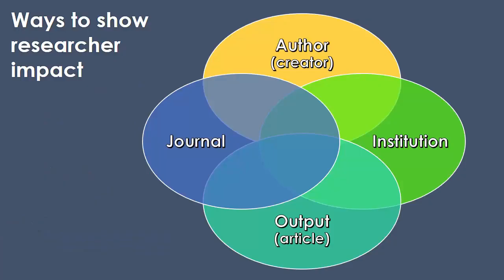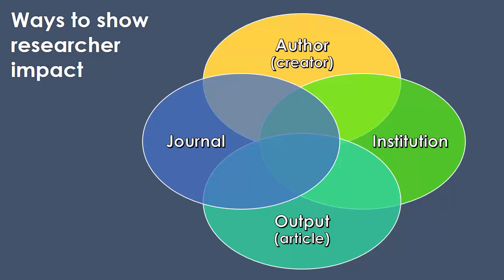There are 4 main dimensions in which we can measure impact: author or creator, journal, institution, and output or article. While this video focuses mainly on assisting authors communicate their impact, it is difficult to discuss one dimension of impact without referencing the others. For instance, you can sometimes portray the impact of an author by referring to the popularity of the articles he or she has written, or by the influence of the journals he or she has been published in. You may also communicate an author's impact with the prestige of the institution he or she is affiliated with, or vice versa. Therefore, all of these dimensions are intertwined and help us to formulate a more complete picture